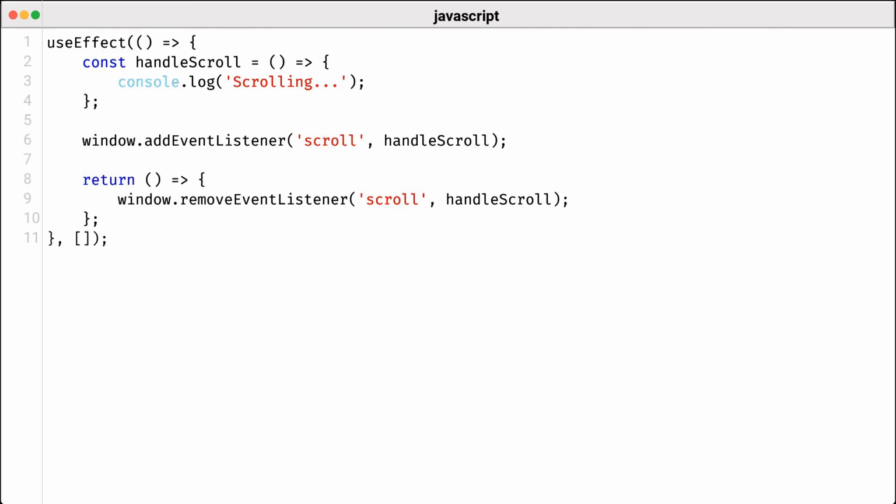Next, we need to ensure that this event listener is properly removed when the component unmounts or when the effect runs again to avoid potential memory leaks. This is achieved by returning a cleanup function from the useEffect callback. In the cleanup function, we call window.removeEventListener with the same event type and handler function to detach the listener. This practice not only keeps our component performance optimal, but also prevents unnecessary background processes from lingering when they are